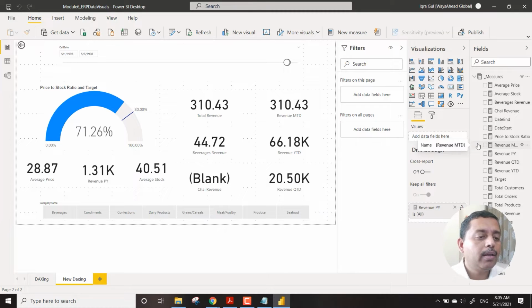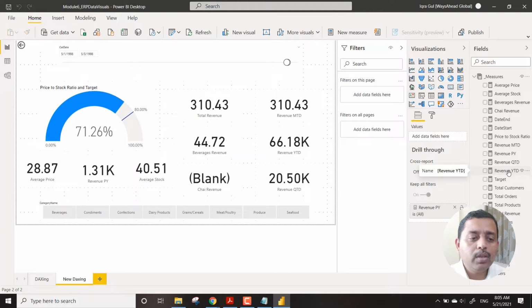How do you create the calendar date, start and end, and other things. Creating an average, creating a ratio, and also creating the target values. That also is an important factor in this particular demo. And definitely we have created the MTD, YTD, QTD, and previous year. All these things are already covered in the last module.